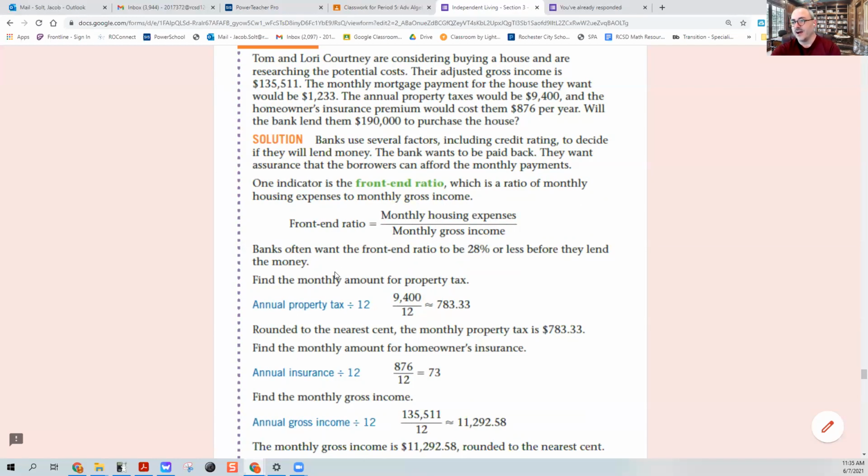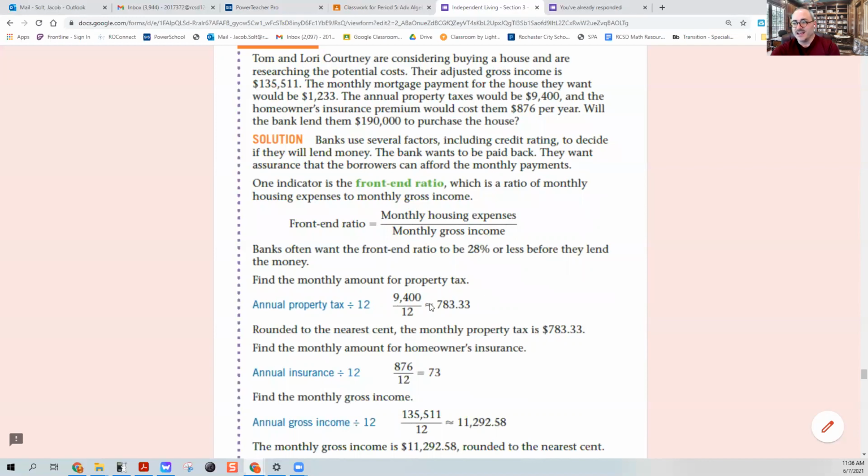So in order to find out what the monthly housing expenses are, they're going to first calculate the property tax. Back over here, they said the annual property tax would be $9,400. So we're going to take the annual property tax and divide it by 12. Why 12? Because there are 12 months in a year. So you take that annual property tax, $9,400, divided by 12, and we get